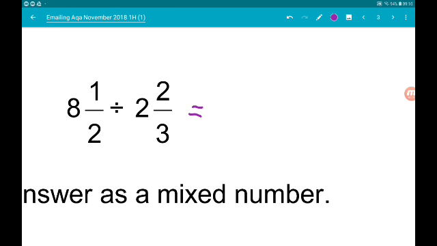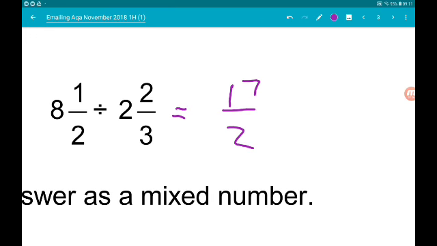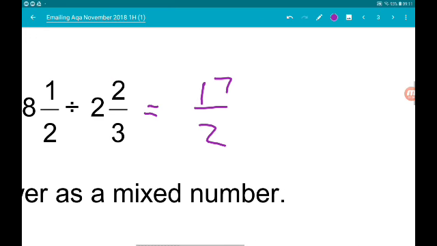So we're going to do 2 times 8, add the top, so add 1, that's going to give us 17 over 2. And then for 2 and 2/3 we do 3 times 2, which is 6, add 2, which is 8. So we've got 17 halves divided by